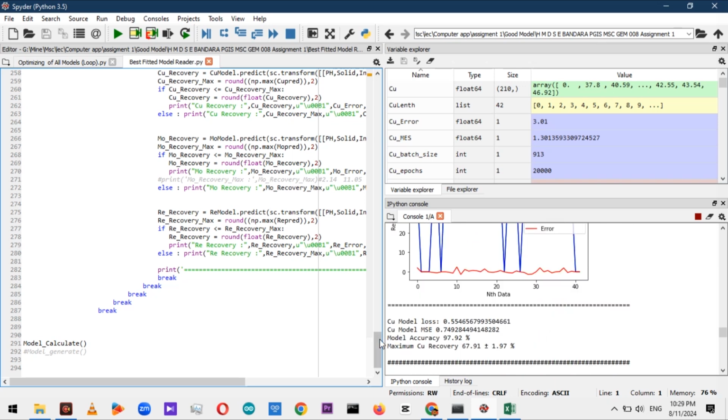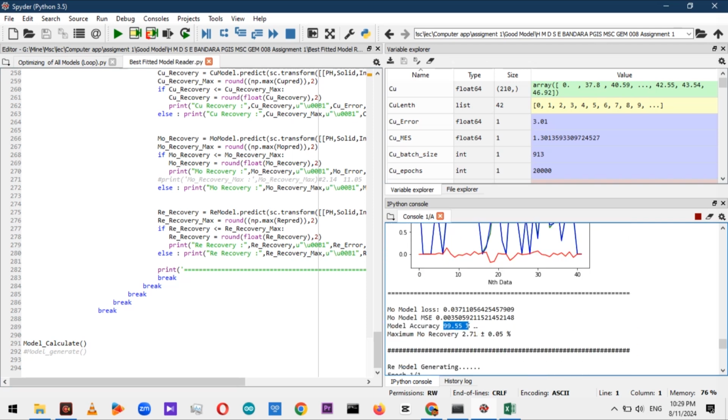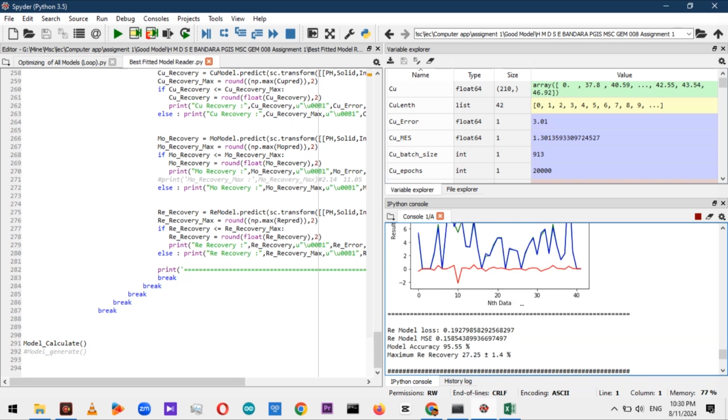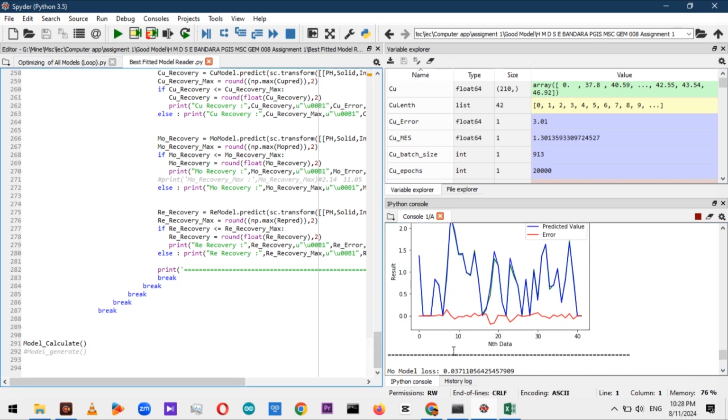Here the maximum recovery of our copper is 67.91 plus or minus 1.97% with a model accuracy of 97.92% and the real value is 72.99%. Maximum recovery of molybdenum is 2.71 plus or minus 0.05% with a model accuracy of 99.55% and the real value is 2.83%. Maximum recovery of rhenium is 27.25 plus or minus 1.04% with model accuracy of 97.92% and the real value is 27.17%. We nearly got there, but running the code a few more times will produce a highly accurate